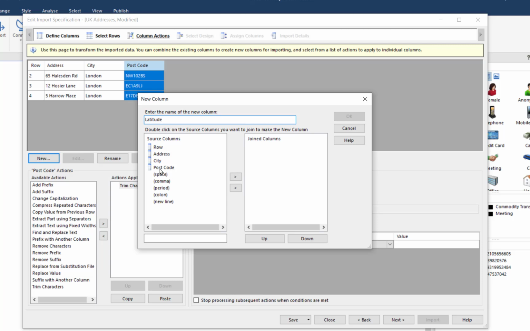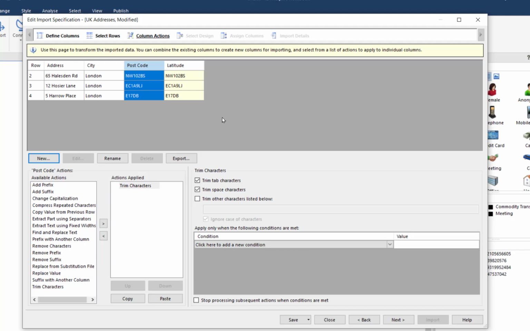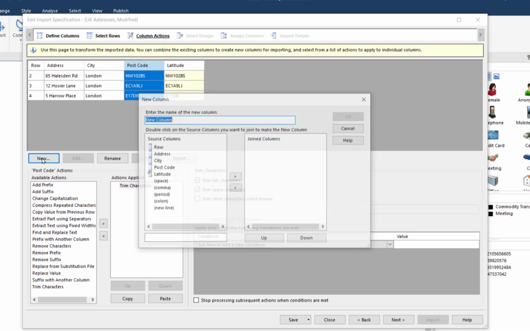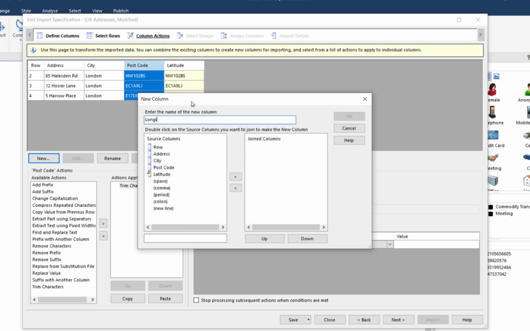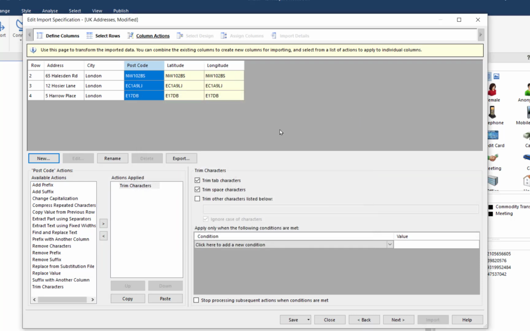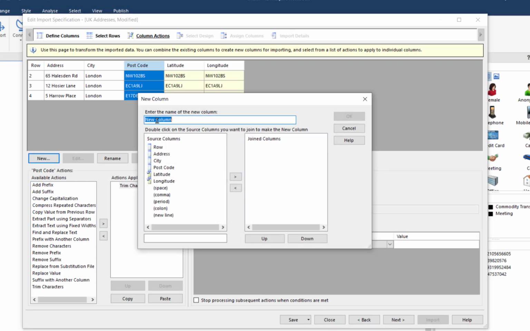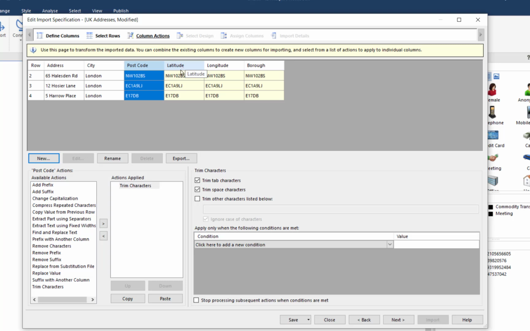The source column is postcode. Then I do the same for longitude. Longitude, the source column is also postcode. And finally the borough, and postcode also. The idea is to use the 3 files which I've created from Excel to replace the postcode